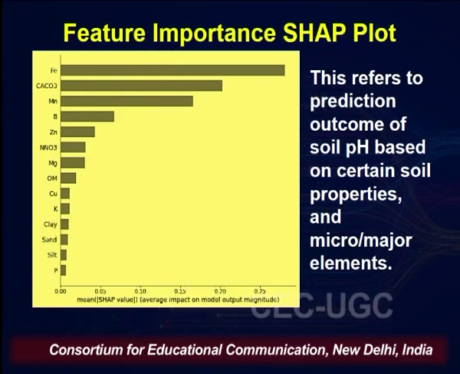The feature importance plot by default gives sorted output in descending order, that is, the input feature having the most importance with respect to the model outcome will be given on the top. Okay. So this is your feature importance SHAP plot for the soil pH data set. Now, moving ahead,